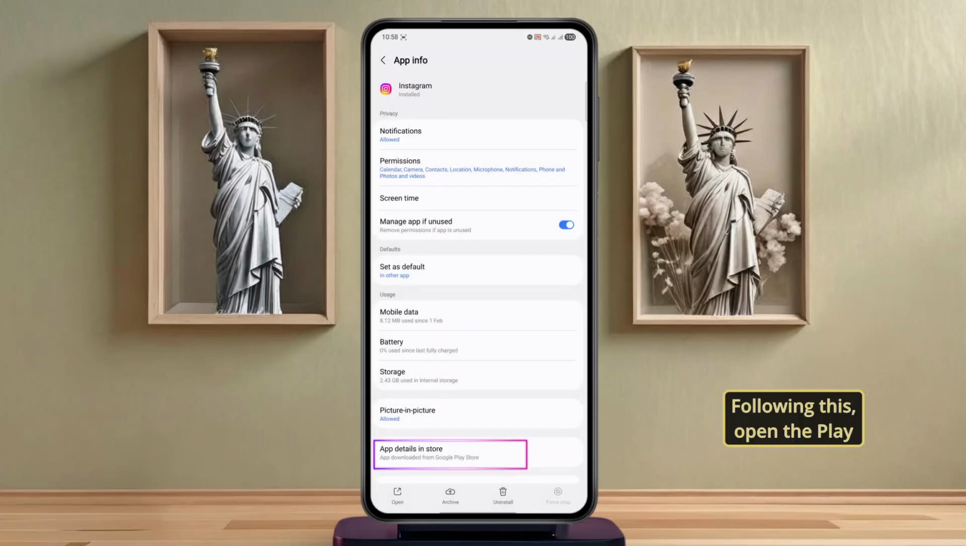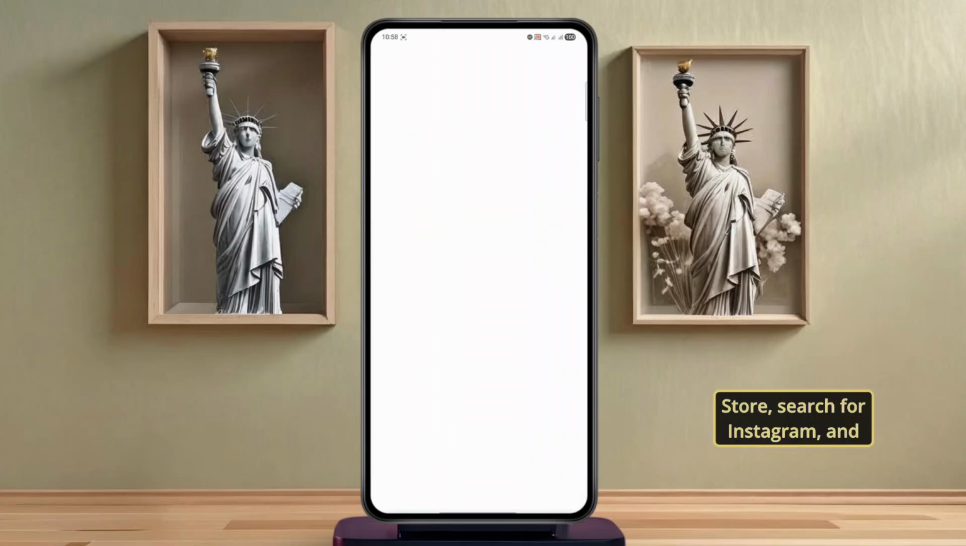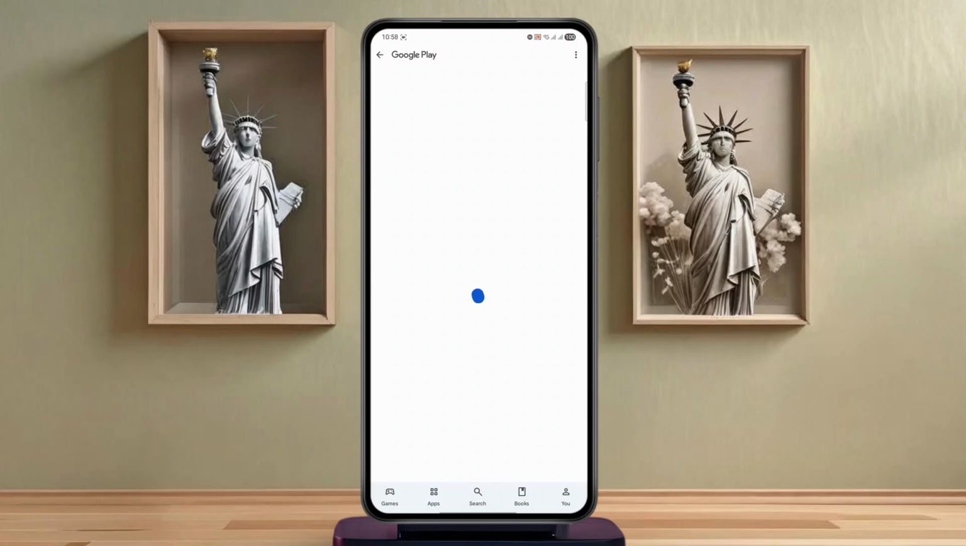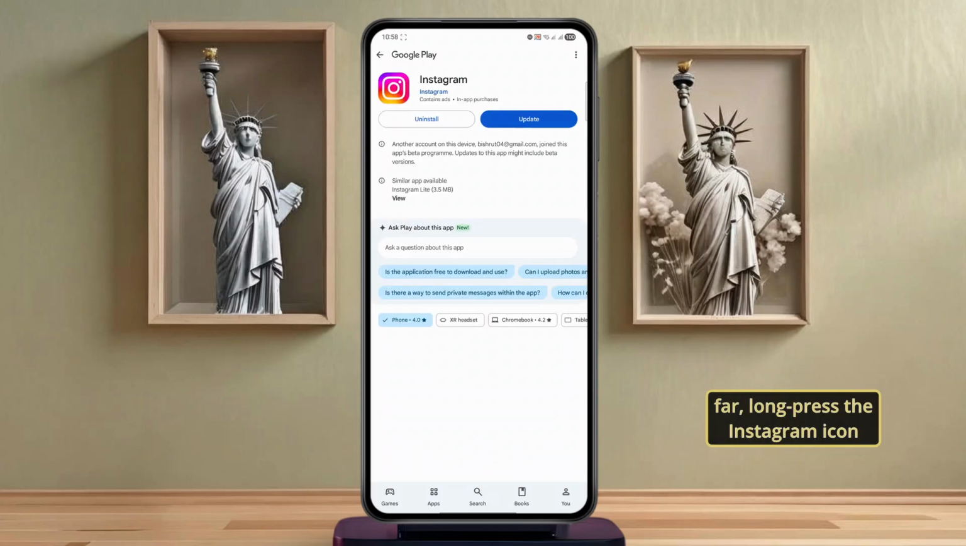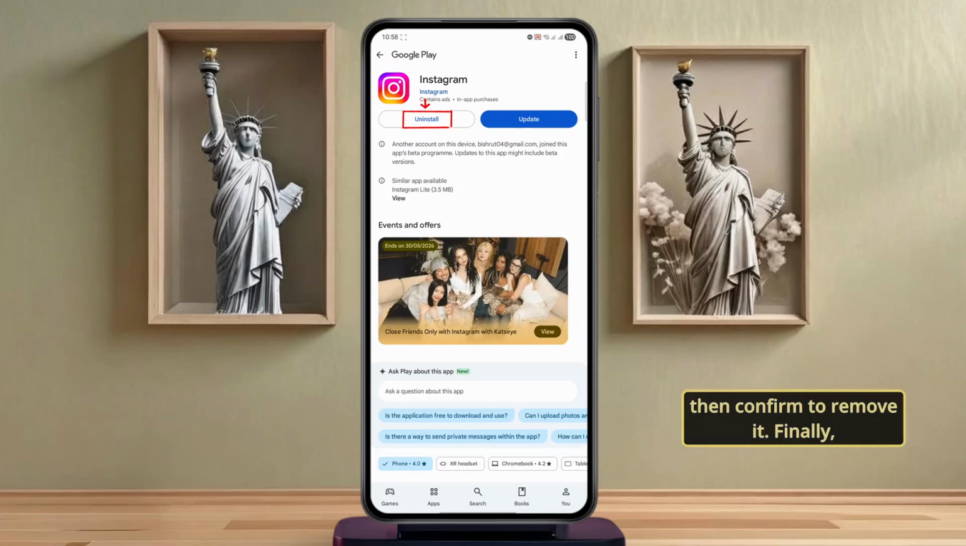Following this, open the Play Store, search for Instagram, and install any available update. Once done, if nothing has worked so far, long press the Instagram icon and tap Uninstall, then confirm to remove